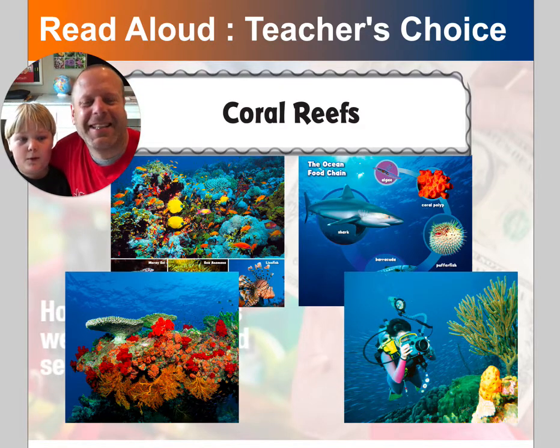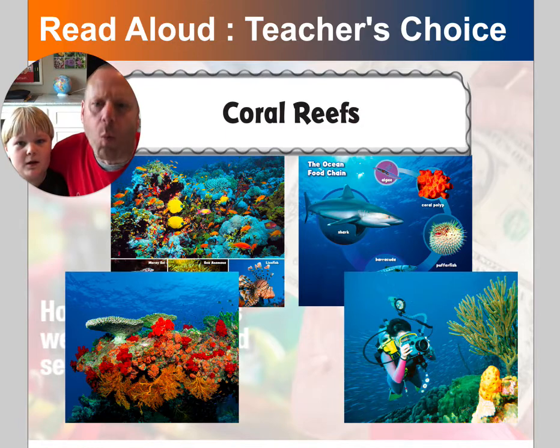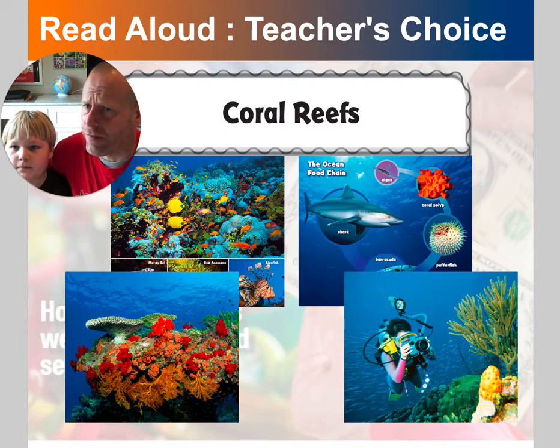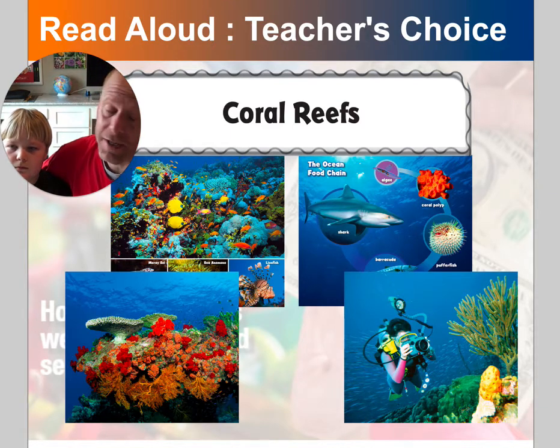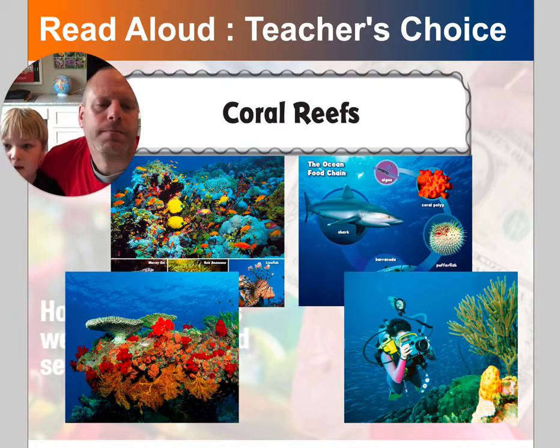Everybody. Today we'll be reading about coral reefs. What is a coral reef? Where would you see one? And what would you like to learn about coral reefs? Well, coral reefs are busy underwater places where